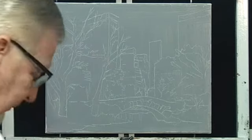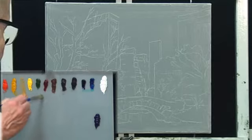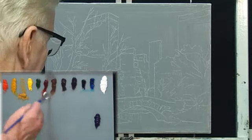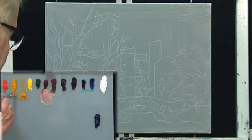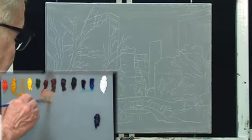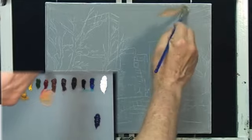this bright brush, this number 12 Bright, and I'm going to start in the background, picking up a little bit of this light color. It's a reflected color, a reflection from the sky, or a reflection from the street lights of downtown. And just sort of up in here, we'll start putting in some